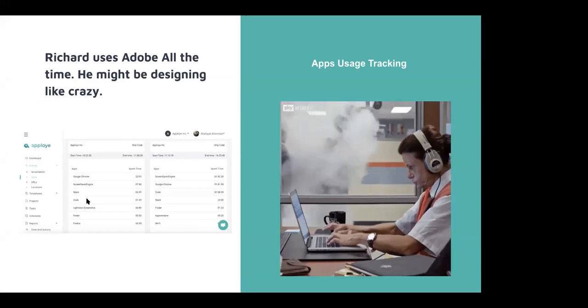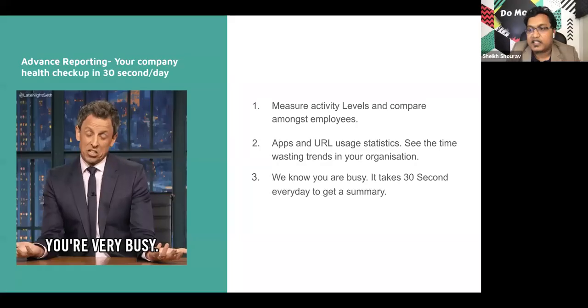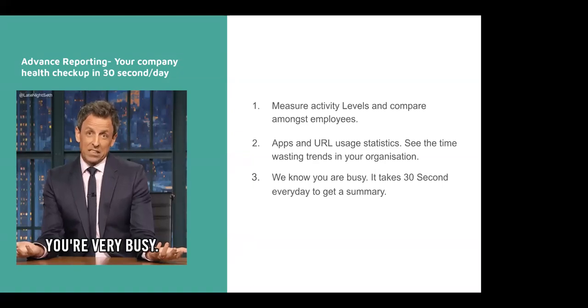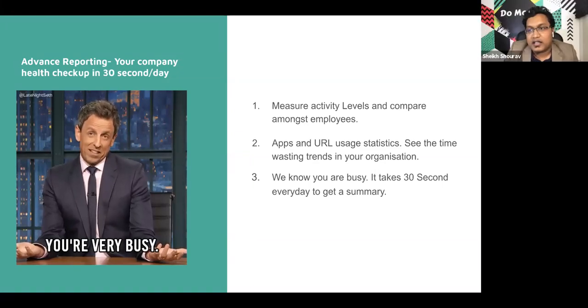Advanced reporting. So let's be real, like I already said, you don't have time to see every screenshot of the employee. It's even not necessary. Many CEOs or bosses actually check these things once every month. But what happens is that we have advanced reporting. You can just take 30 seconds each day and get the pattern. And if there is an anomaly, like if every 2 or 3 weeks there is an anomaly in the pattern, let's say someone is not working for 3 days straight,